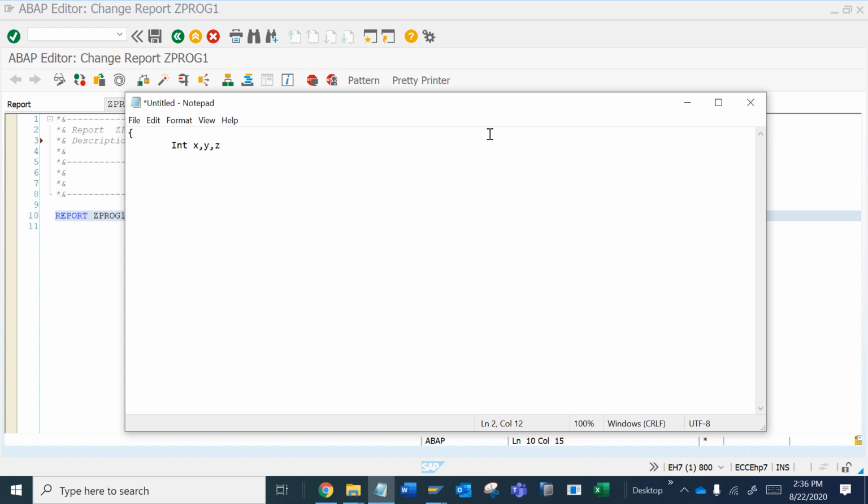So let's declare three variables, and then we will assign values into them. Let's give it 10 and then 20,